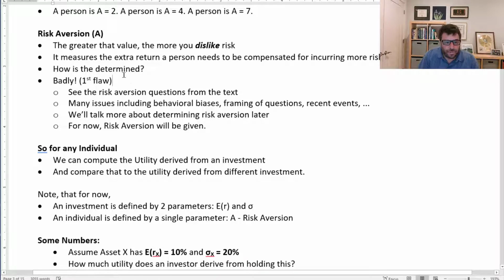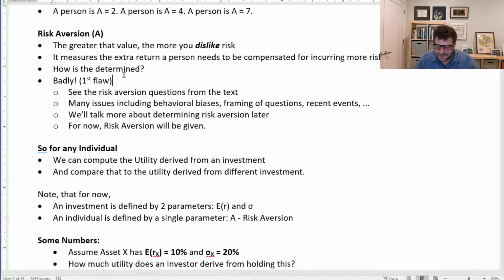So how do we determine this? Well, we do it badly. It's seriously flawed. And there's a risk aversion questionnaire from the text that I've posted. There are many issues, including behavioral biases and framing of questions and recent events that can affect this. We'll talk more about determining risk aversion later, but for now, risk aversion will be given, and the way to think about this is